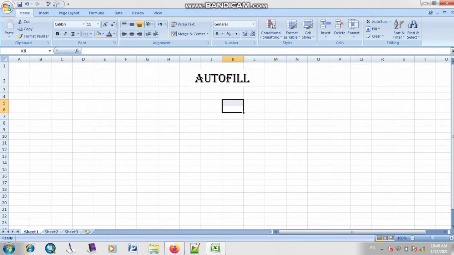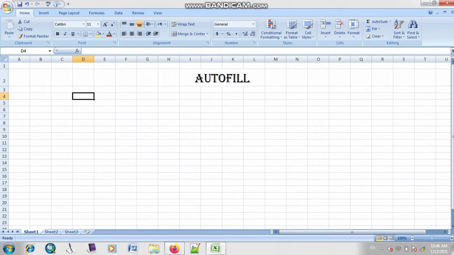Okay, so now what is the use of the autofill feature? Can anyone tell me? Abu Bakar, can you tell me what is the use of autofill? Why do we use the autofill feature in Microsoft Excel? Right, the autofill feature is basically used in Microsoft Excel if you want to fill your series automatically. This is a very simple and easy feature we can use in Microsoft Excel.